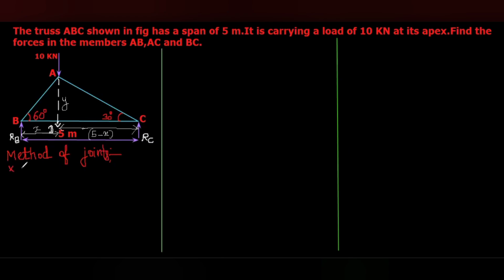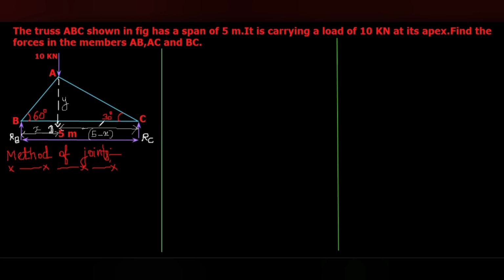In method of joints, we are going to analyze each joint like B, C, A. It's better to first consider the joints at the corners. That means start with the free body diagrams and then analysis of the forces at the joints in the corners, like first B, C,